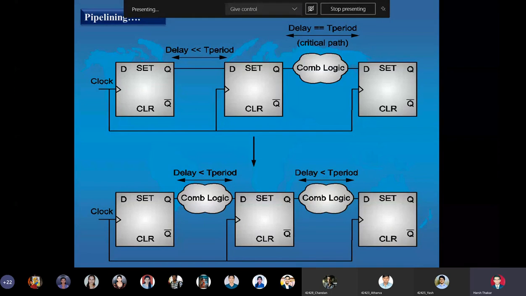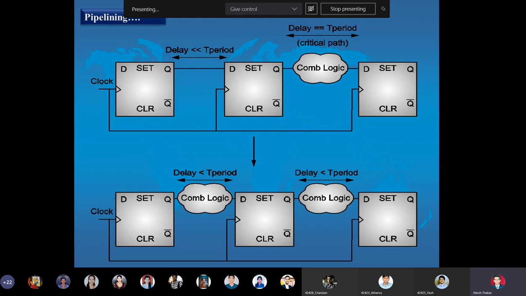How do you do that? So now there is a problem. There is no delay between the output Q of the first flop and the input D of the second flip-flop. But there is a delay between the output Q of the second flip-flop and the input D of the third flip-flop. That is why, in order to balance this delay, we add an equivalent combinational logic here. The difference between the first and the second diagram is that now I have added a combinational logic between the first and second flip-flop.